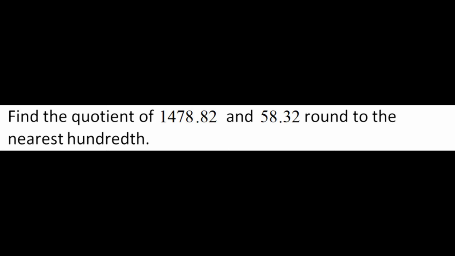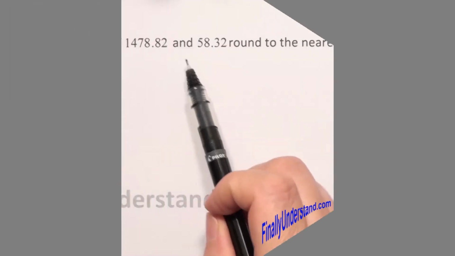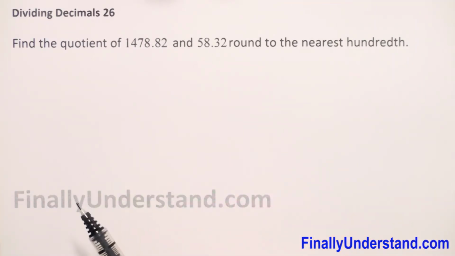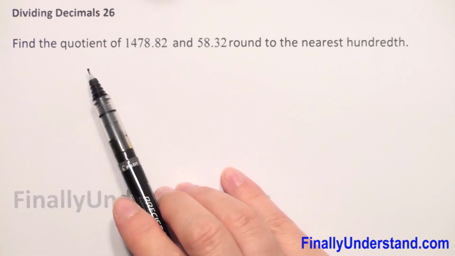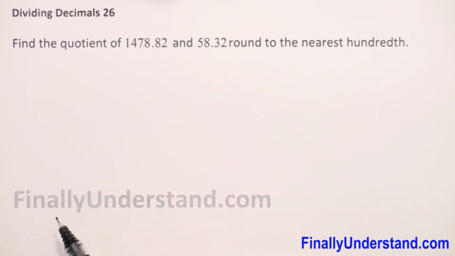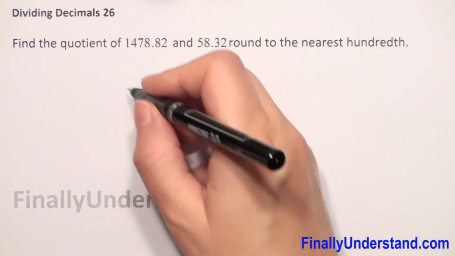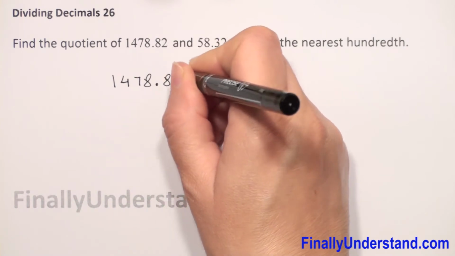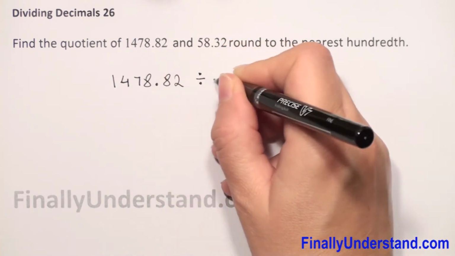We have to find the quotient of 1478.82 and 58.32, and we have to round to the nearest hundredth. When we have to find the quotient, it means we have to do long division. We have 1478.82 divided by